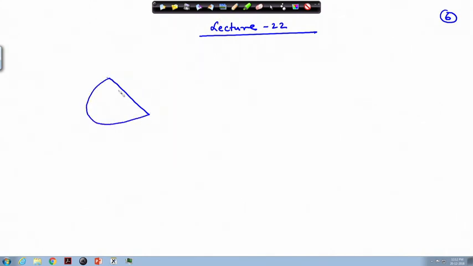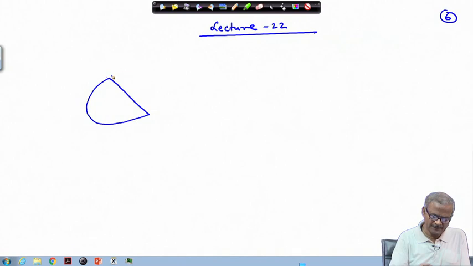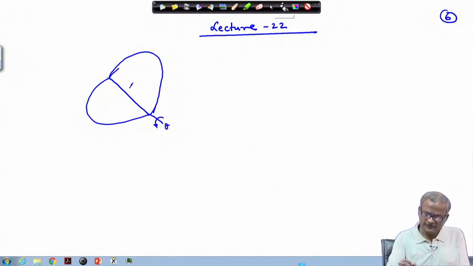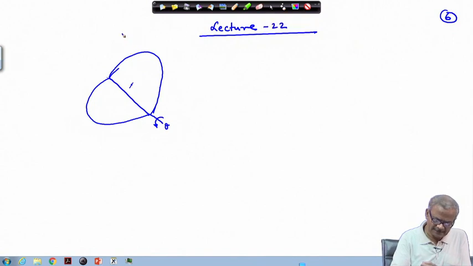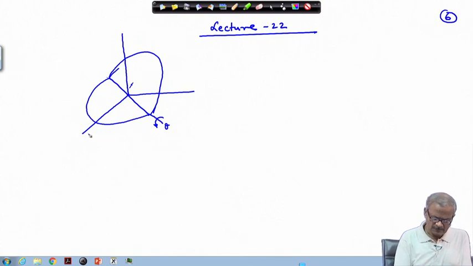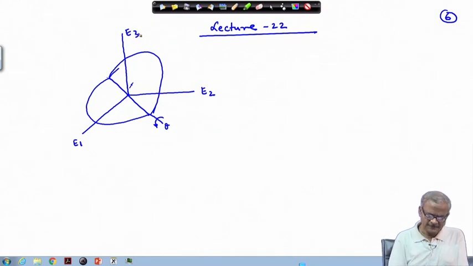So, let us say that this is half of the circle and the other half is lying here. If I rotate the circle by theta, the rotated circle will look like this. So, I have rotated this line by theta angle. That rotation we have given about this line by theta. Now, I first complete the triad. So, this is E 1, this is E 2 and E 3.